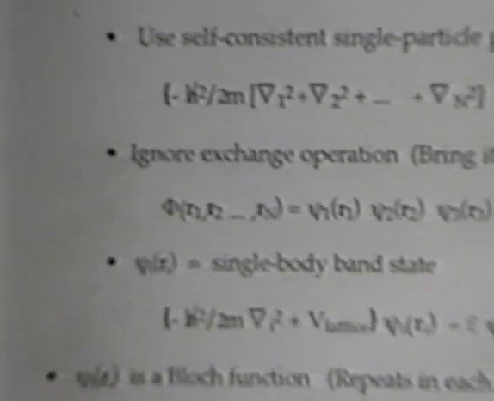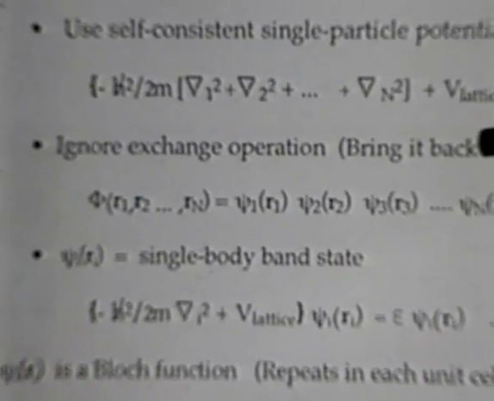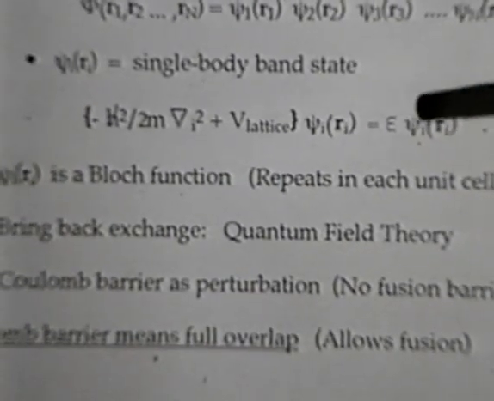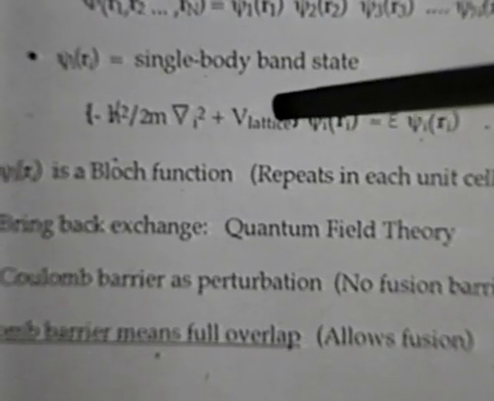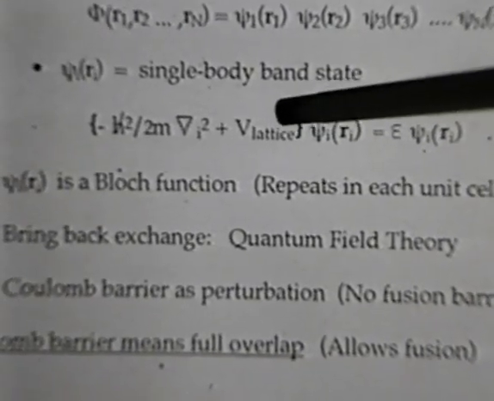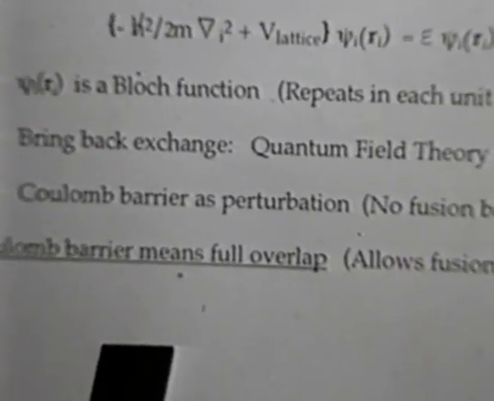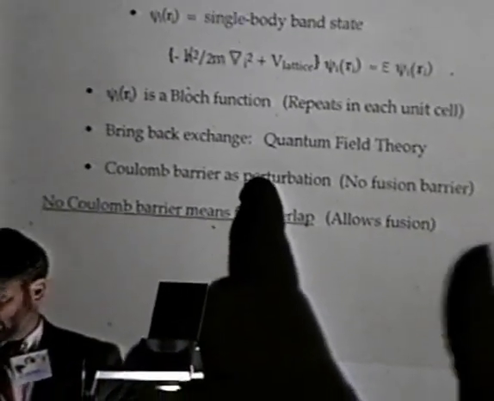You ignore the exchange operation initially, and you treat things in this framework, writing things in this manner. This gives you a problem of solving single particle states. The important point, though, that distinguishes this also is that you always assume that you have a periodic potential and you solve for these eigenvalues. And the solutions are called Bloch functions, and you bring back exchange. You treat the Coulomb barrier between particle-particle as a perturbation. And the theory only works when it's a small perturbation, and that actually imposes constraints on the theory.